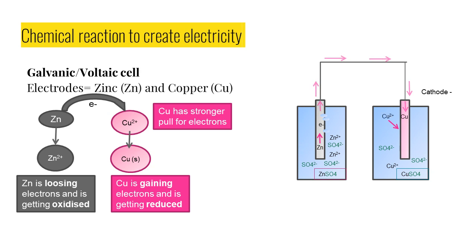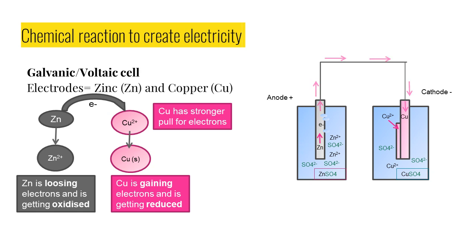And at the cathode, whatever electrons are coming, the Cu2+ ion which is present in the electrolyte will come and get reduced and get deposited on the copper electrode. So here there is reduction of copper ions. At this copper electrode, reduction is happening. If you remember the mnemonic, red cat, R for reduction, C for cat. So it means cathode is where reduction happens. So here it is the copper electrode where reduction is happening. So copper is the cathode and anode is the